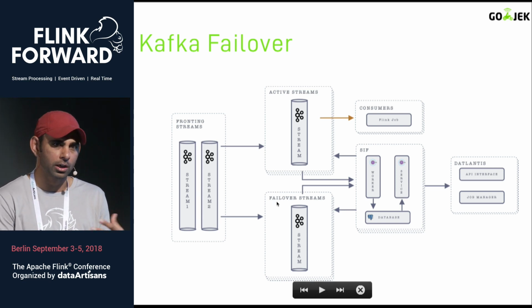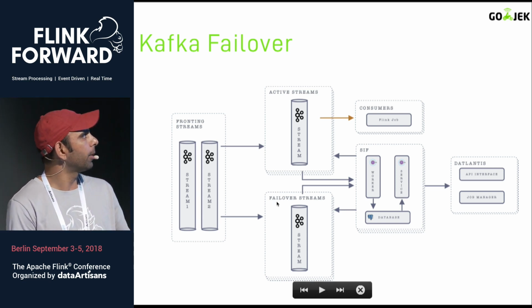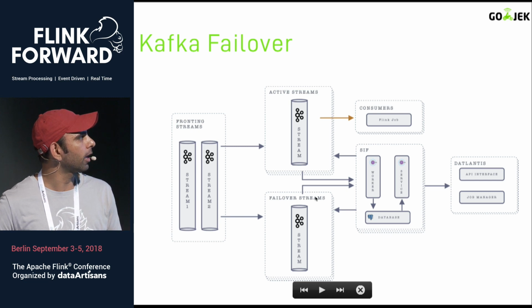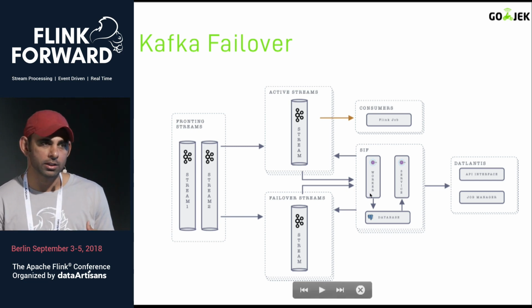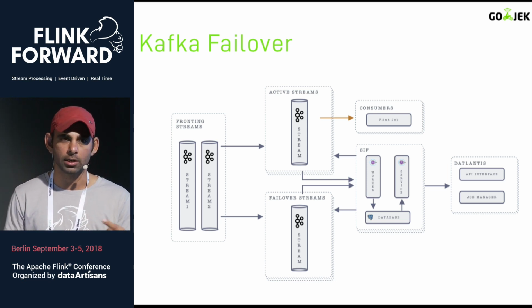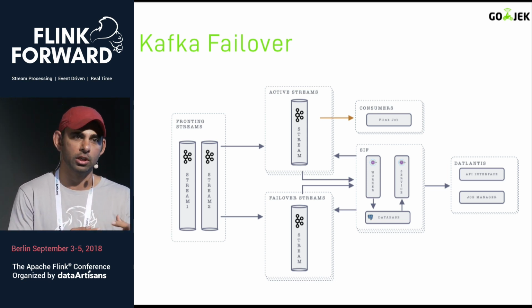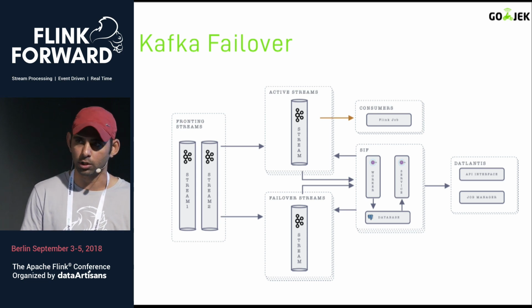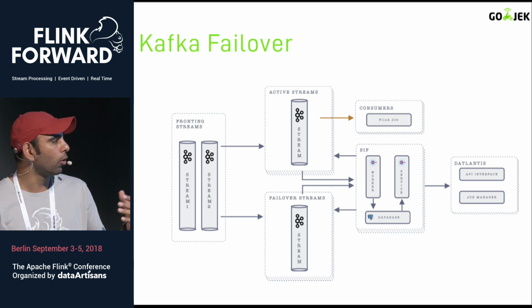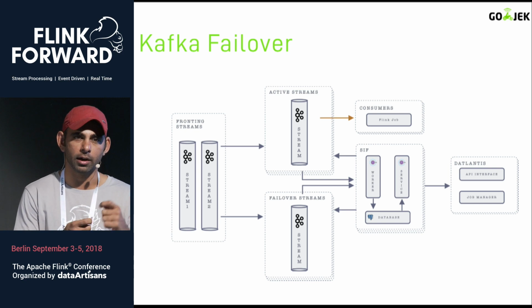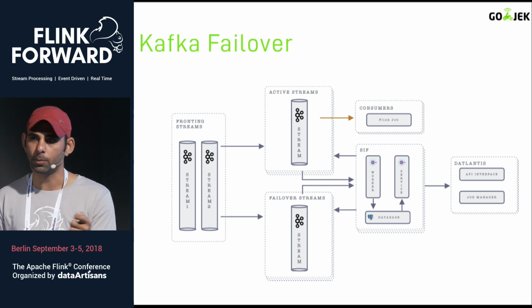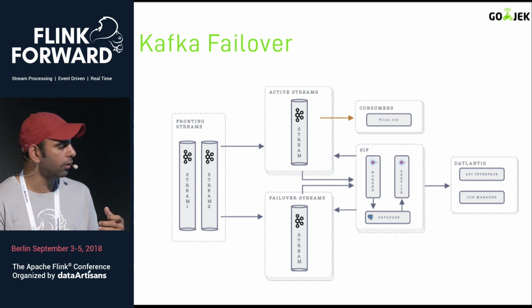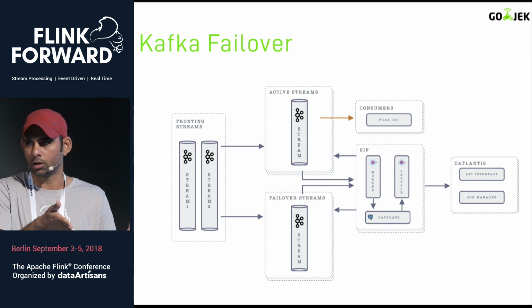We have separate regions which are out of the scope of this talk. But yes, the data goes to both of these streams, and then we have a custom written tool. We call it SIF. What SIF does is that it always checks up on the consumers, which are the Flink job consumers, which consume from a certain topic, and it keeps on checking where exactly the offset of those particular consumers is, and it keeps on recording that data, and we record that data for the retention period of that particular Kafka cluster.